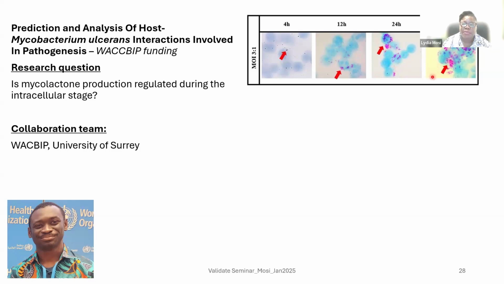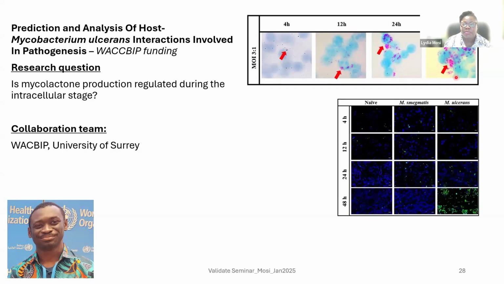But after that time point, the bacteria starts multiplying and killing the macrophages. But then he also showed this data with a live and dead stain to show that after 48 hours, the bacteria starts killing the macrophages, and then they multiply in number compared to M. smegmatis, which is another